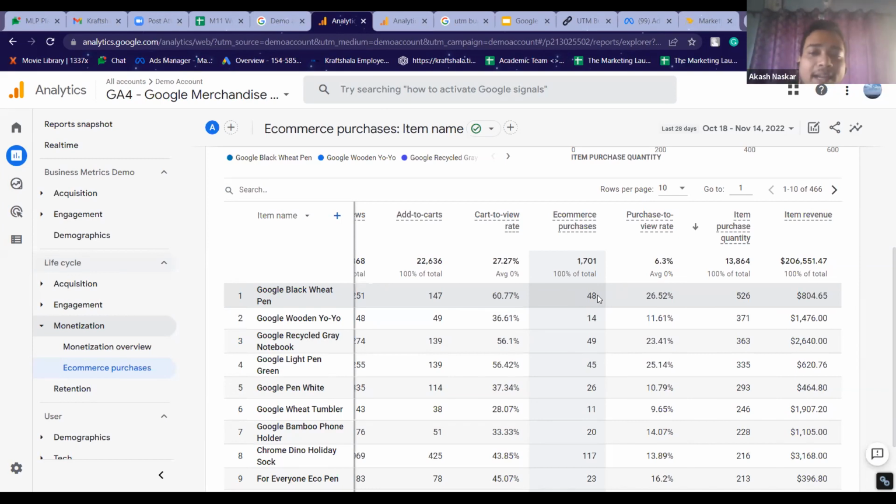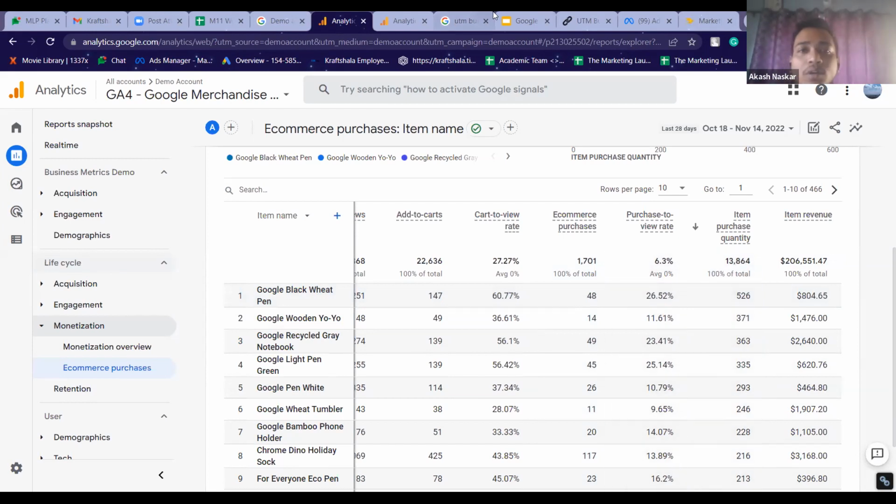Right? So it is saying that the total number of times this product was purchased was 48. But in these 48 times, across all the people, total 526 units were sold. Does that make sense? Yes.